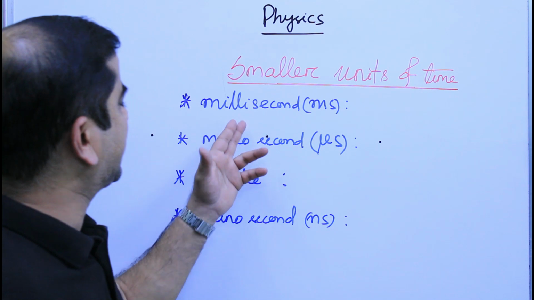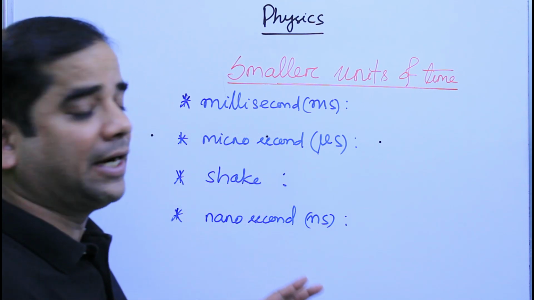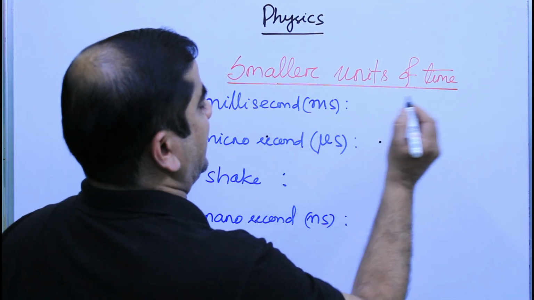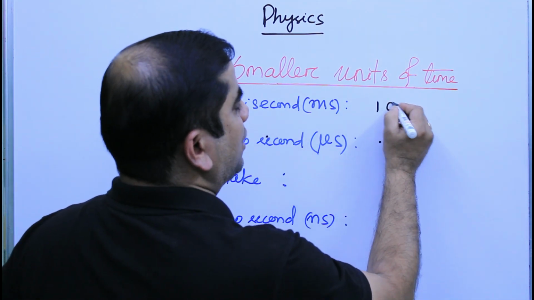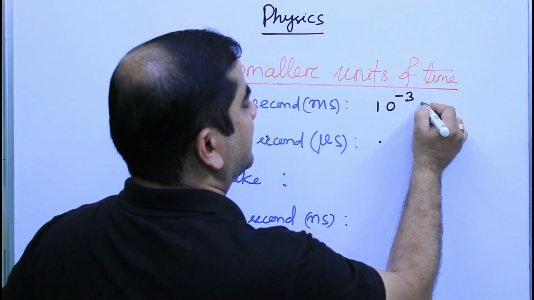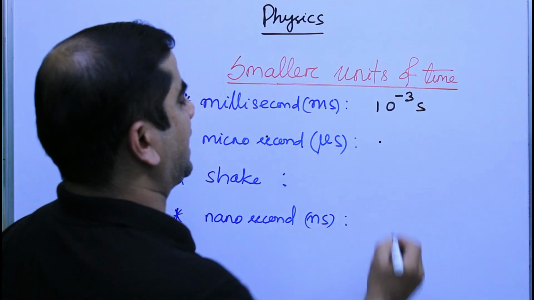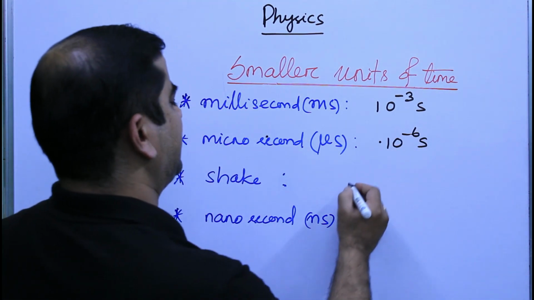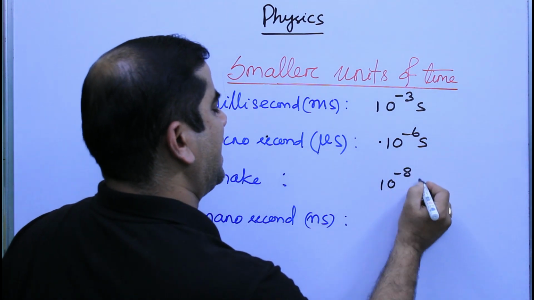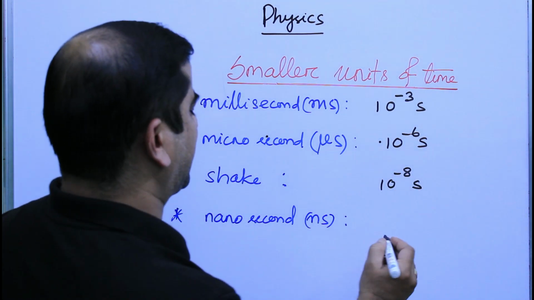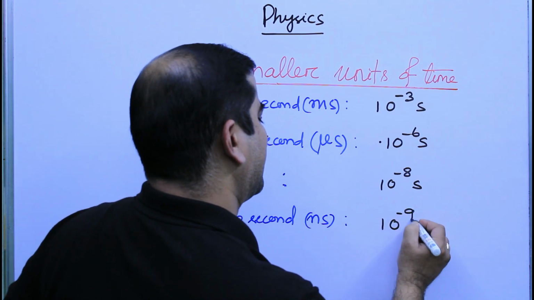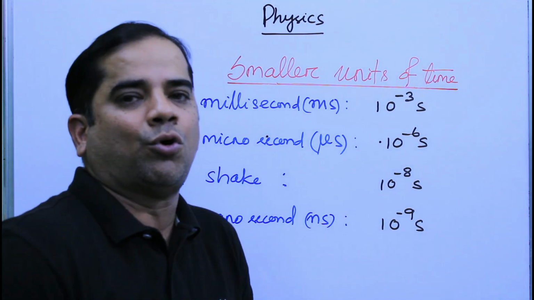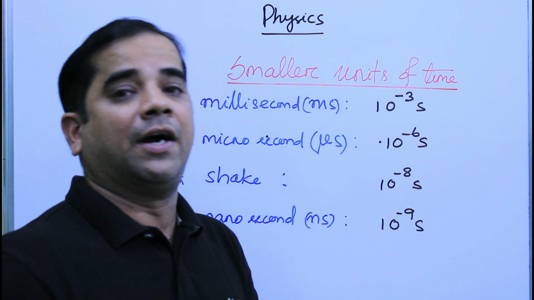Okay? So millisecond, microsecond, shake and nanosecond are the smaller units of time which we generally use. Millisecond is equal to 10 to the power minus 3 second. Microsecond is 10 to the power minus 6 second. Shake is 10 to the power minus 8 of a second, and nanosecond is 10 to the power minus 9 second. You just need to remember the relationship, so it will help you when you need to convert different